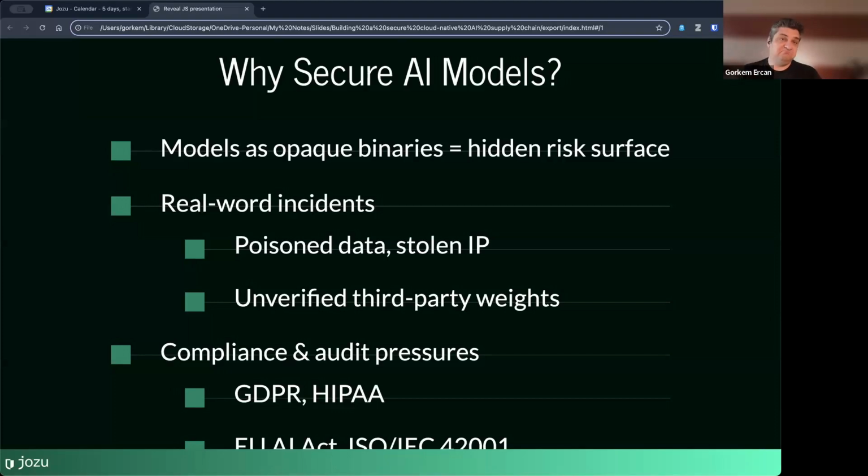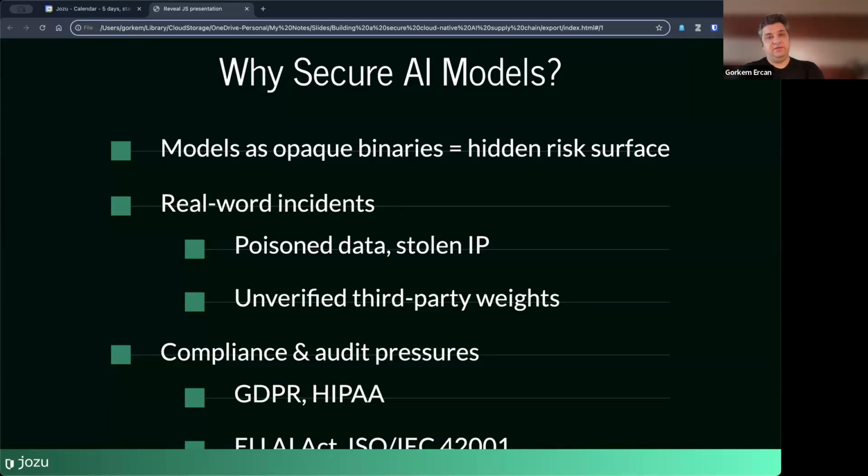And then there are a lot of real world incidents that have happened and probably are continuing to happen in regards to AI/ML artifacts. For instance, poisoned data is a known problem, where models are trained with data that has been deliberately poisoned with nonsense.